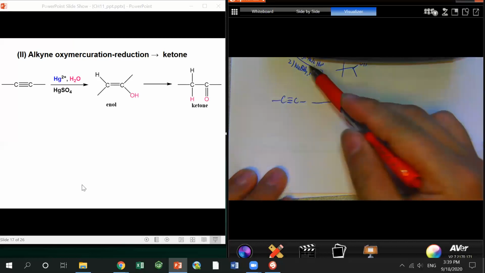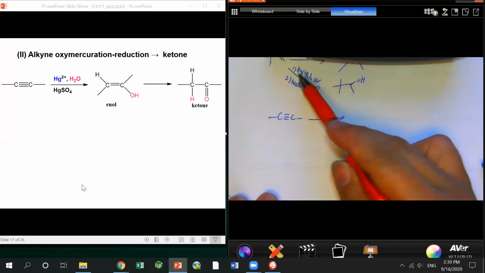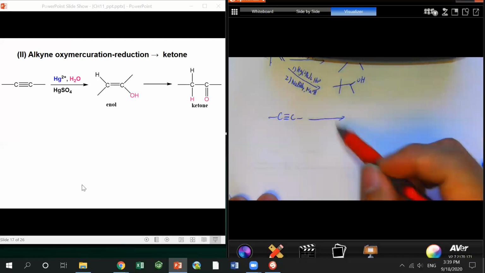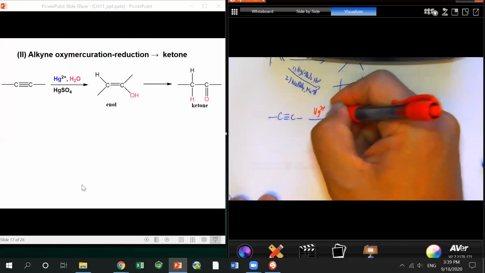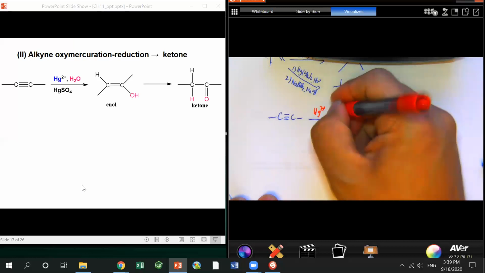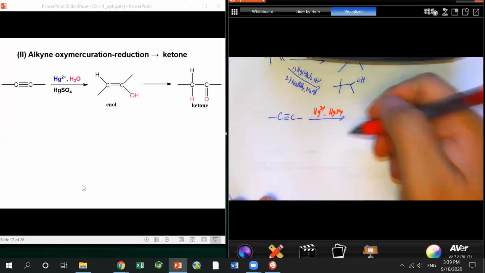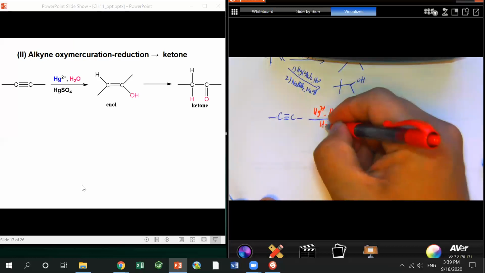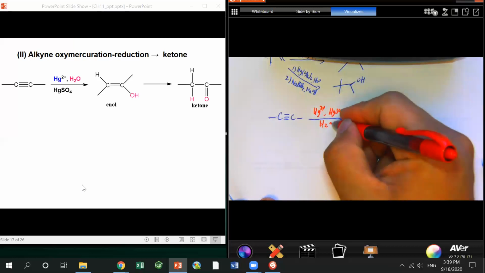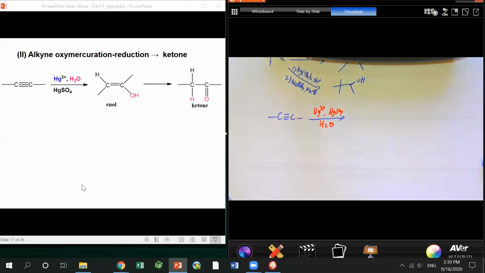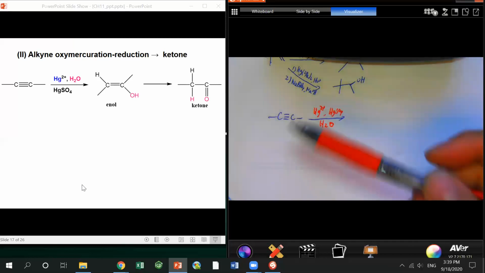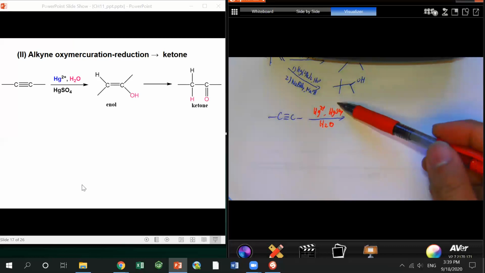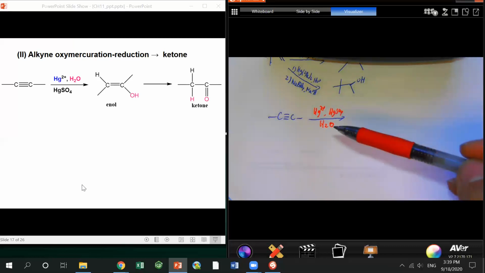For alkenes we use mercury acetate. For alkynes, we use mercury ion, actually with mercury sulfate, plus some water. And this is just a one-step reaction, which is different from the alkene reaction. I didn't do this reaction myself, but my imagination is that because mercury sulfate has a certain solubility,